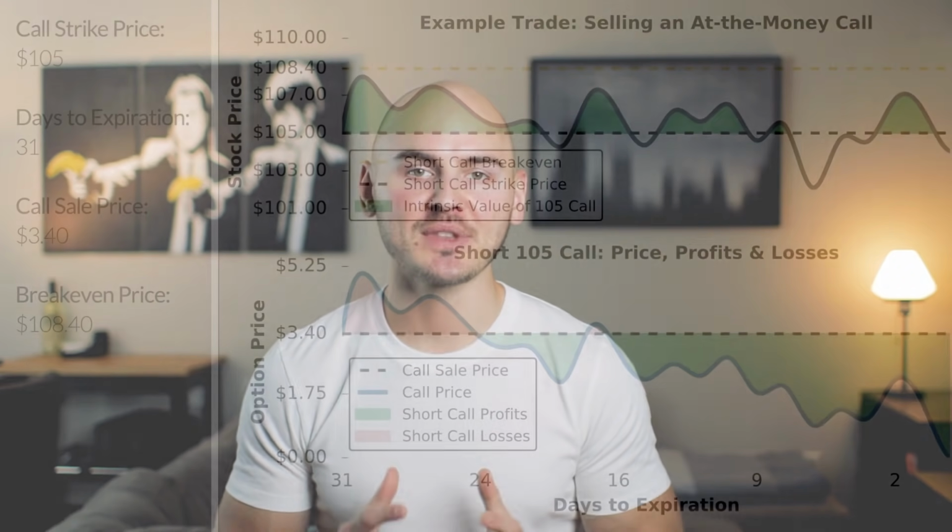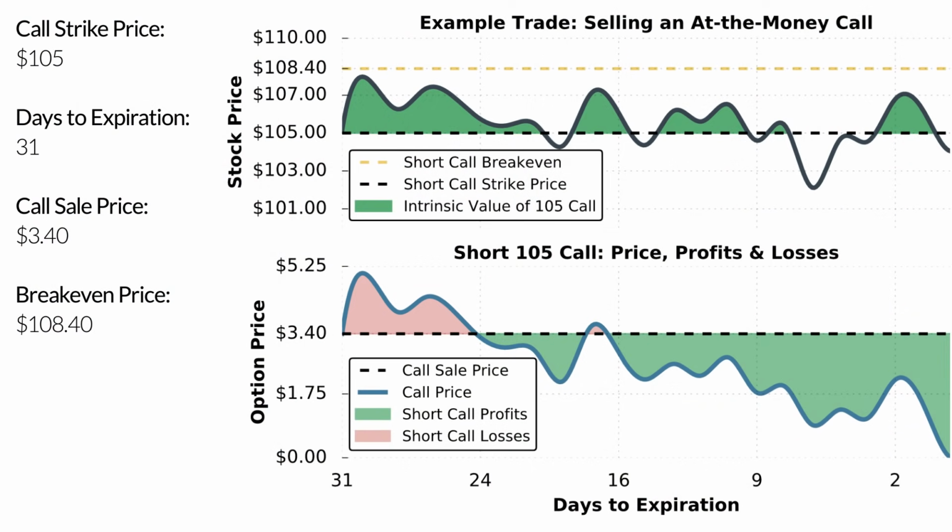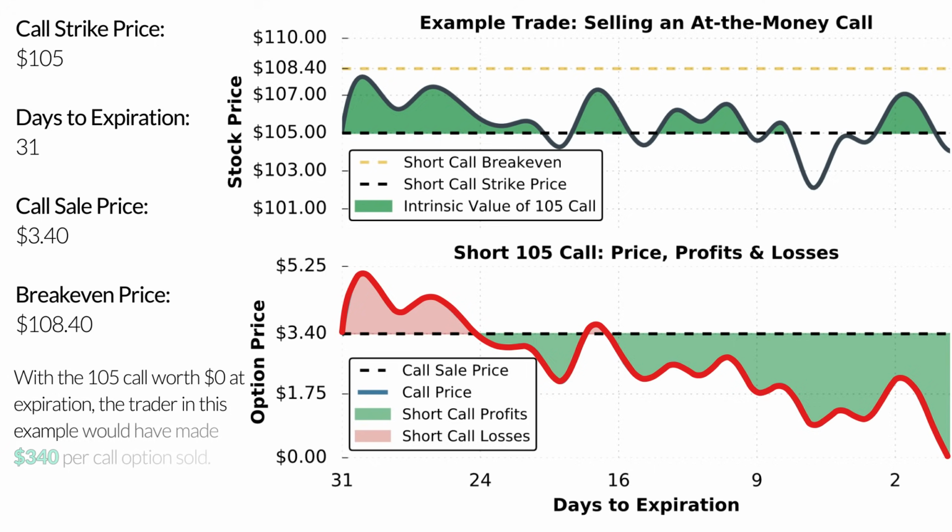In this example, the stock price never increases too significantly and actually trades around the strike price of $105 for almost the entire trade duration. And as we can see, since the stock price was not increasing significantly as time passed, the extrinsic value slowly came out of that 105 call option, and at expiration, with the stock price below the strike price of $105, the 105 call option expired worthless,